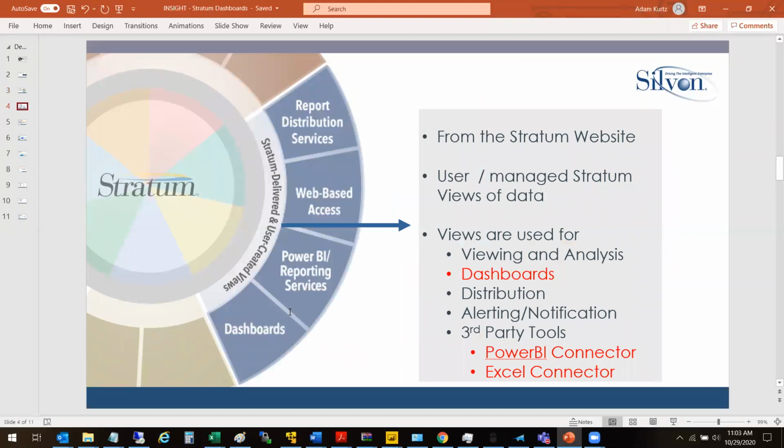So as you can see, as part of the flexible information delivery concept, we can see that views can be used for different pieces of analysis, and of course dashboarding, which is what we'll talk about today. But of course, you can distribute them using the broadcast server, alerts, notifications, other third-party tools to use against the Stratum database, the Power BI connector, which is a new product